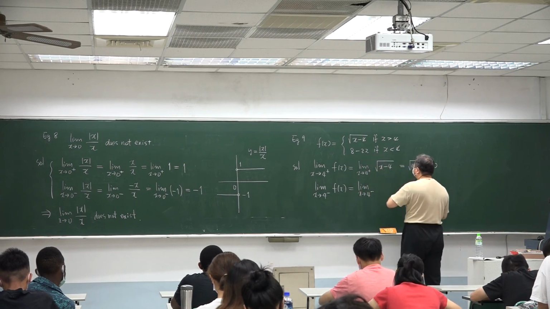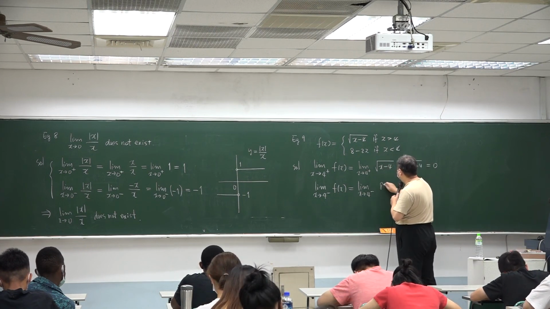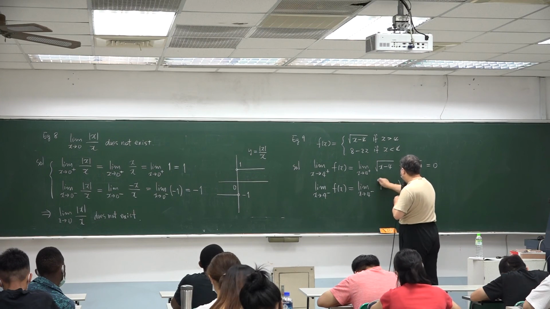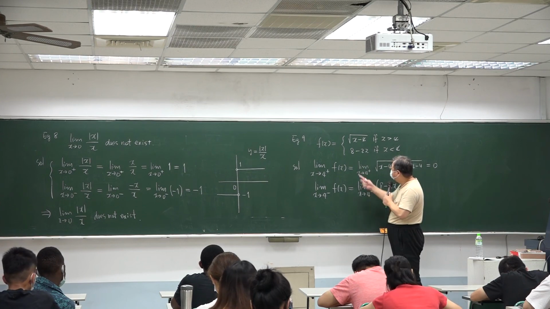From the left means x is less than 4. 8 minus 2x. On this interval, the rule of